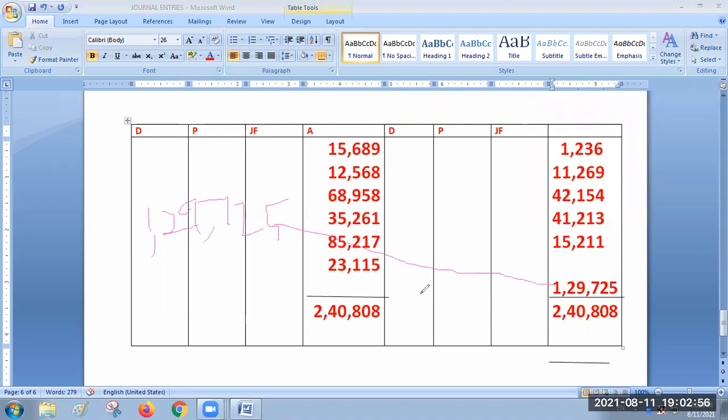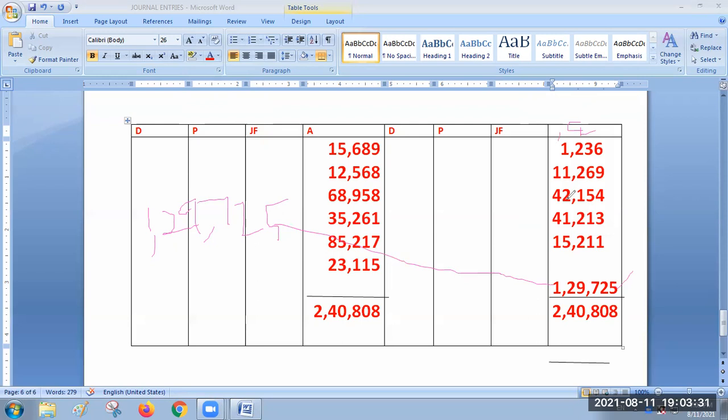Yes, sir. So are you able to do on your own? Yes, sir. So it means you practiced. Very good. See, 6 plus 9, 15 plus 4, 19 plus 4, 23. 23 plus 5 makes 28. 8 here, 2 will go to the top. Okay, 2 plus 3, 5 plus 6, 11 plus 7, 18. 18 plus 2 makes it 20. 0 here, 2 will go to the top. 2 plus 4, 6 plus 5, 11. 11 plus 7 makes it 18. 1 will go to the top.